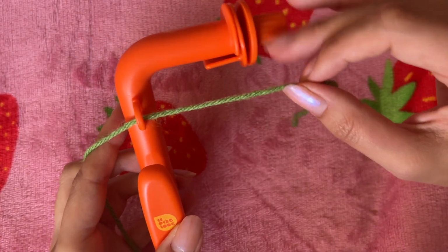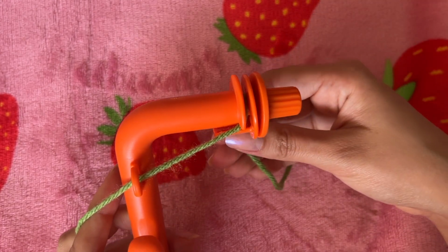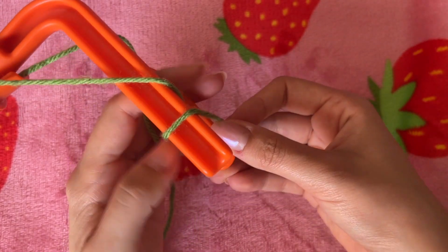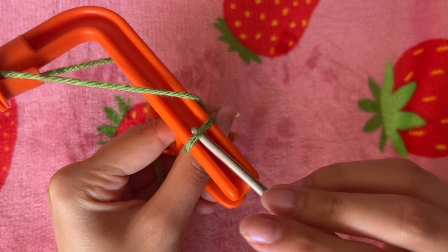And to do this, it's very similar to how you do the chain. Like you thread the yarn through that loop and wrap it up at the top, but then this time you're going to turn it around, and if you can see, the back has this nice groove over here, and it allows you to stick your hook in there to help make those single crochets in the magic ring, which is